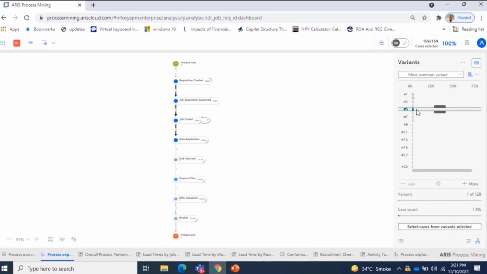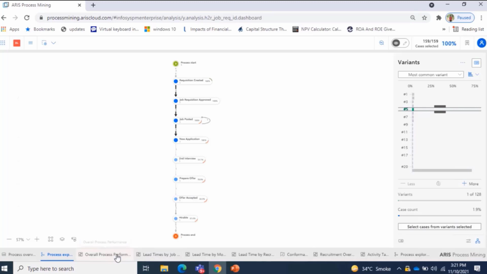They can also look at the throughput time of each variant and see which variant is not performing as expected. Along with that, they can identify variants which are not necessary and remove those variants from the process itself. This is the inbuilt capability of the ARIS Process Mining tool.